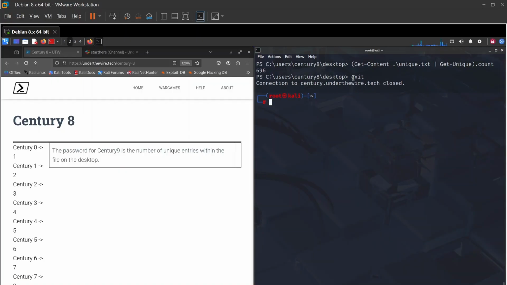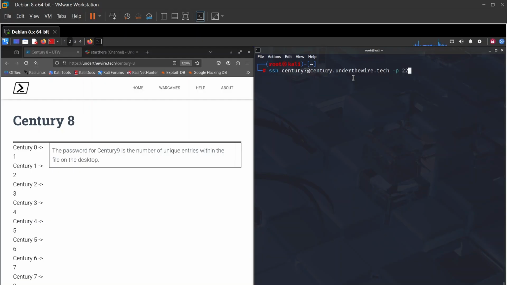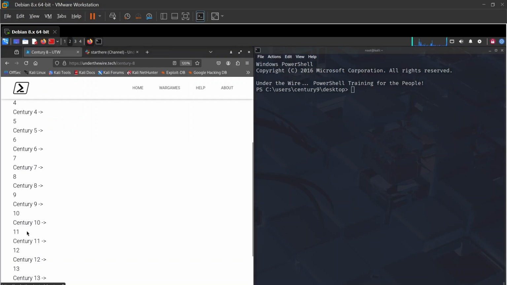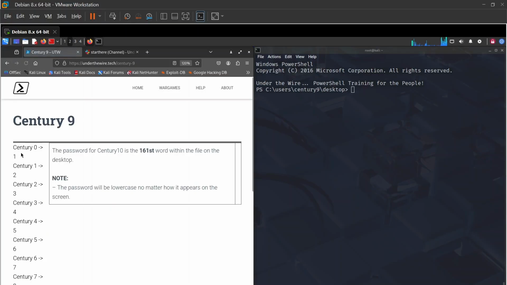Exit, and we're going straight to Century 9. Hit enter. I'm going to paste that, and I'm going to hit enter. Voila, we're here in Century 9. So we'll scroll down and we're going to Century 9 to 10, and the password for Century 10 is the